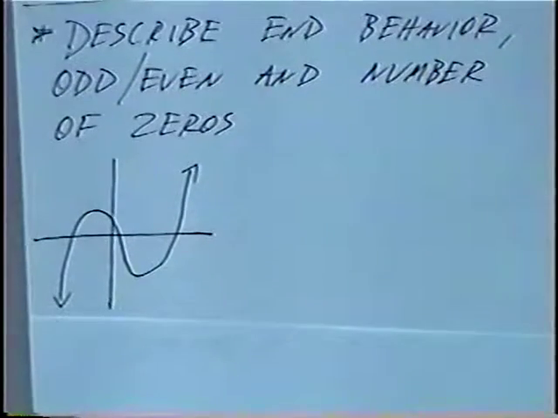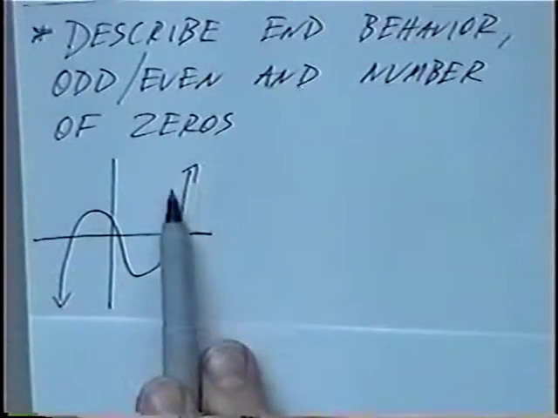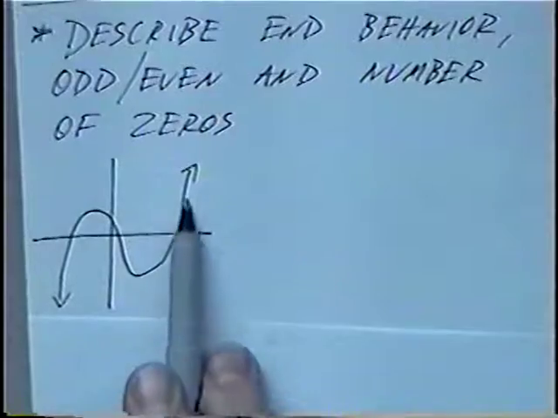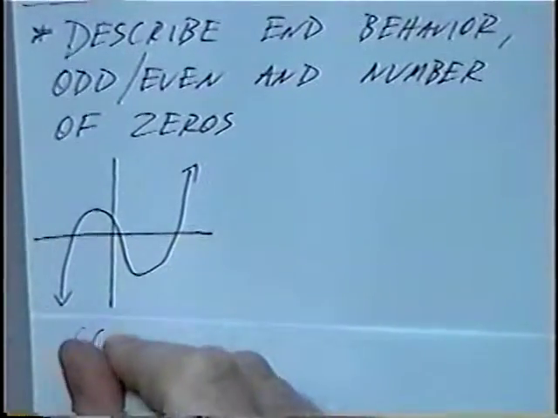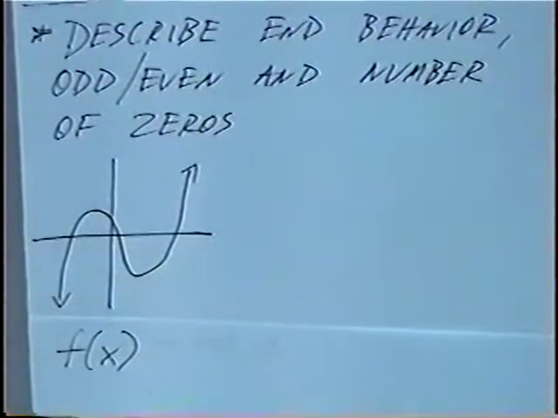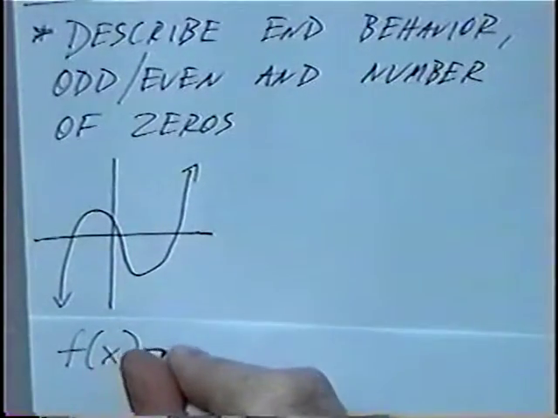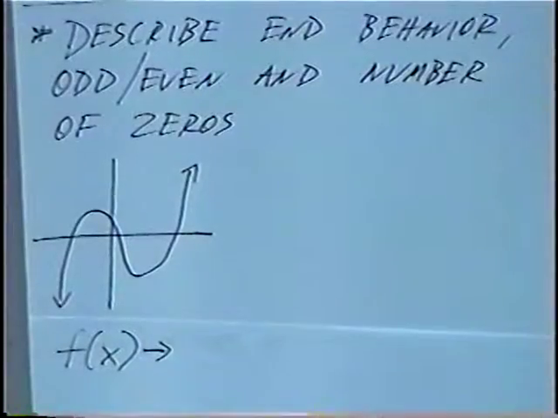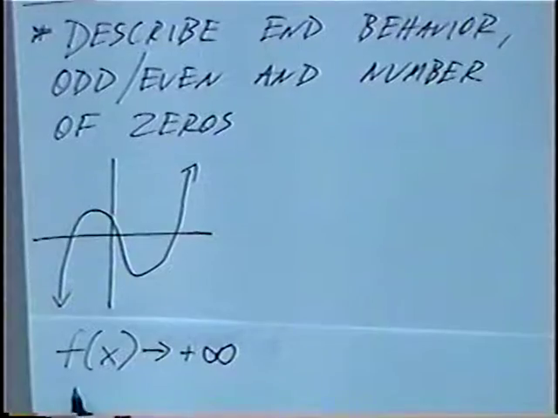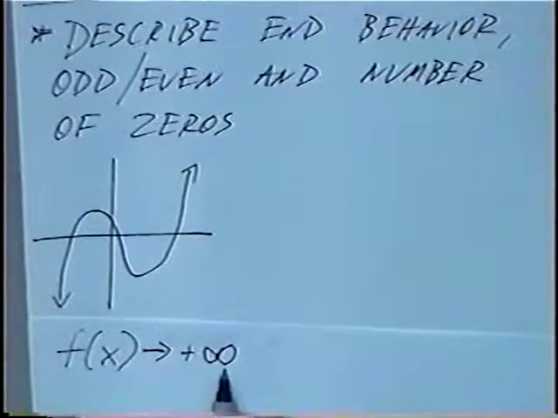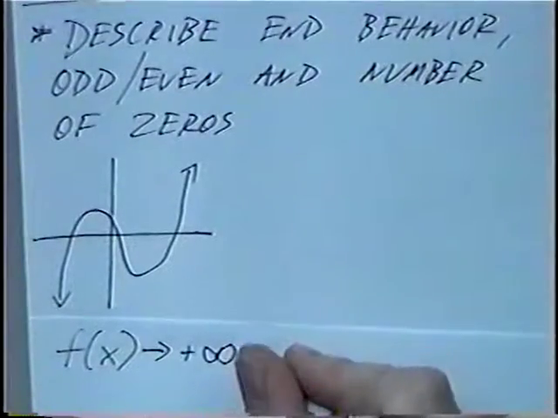For the end behavior of the graph, we can start at either the left or the right side. If we start at the right side, the graph goes up to positive infinity. So to write that, we can put f of x, which represents the graph, and we can draw an arrow after it, which represents goes to, and we'll put the sign positive infinity. So f of x, the graph, goes to positive infinity, which means the graph goes up to the right,